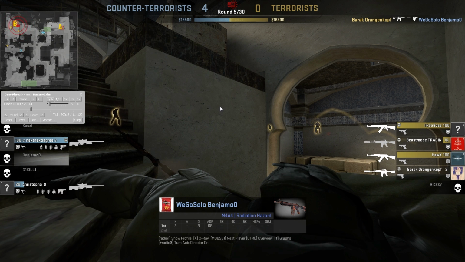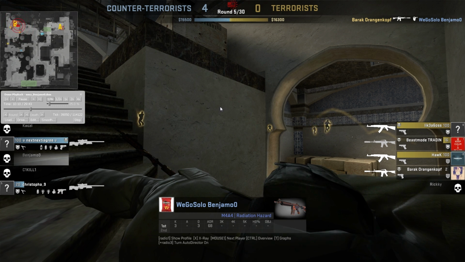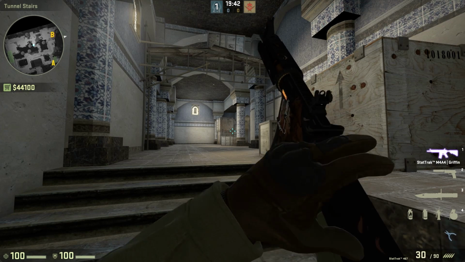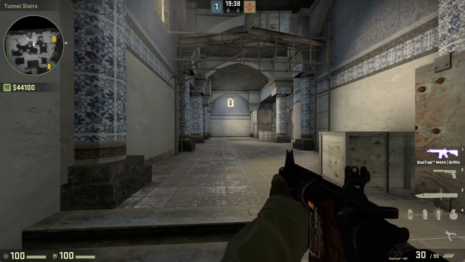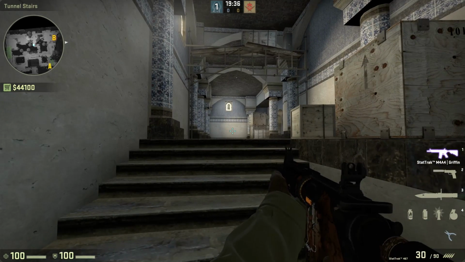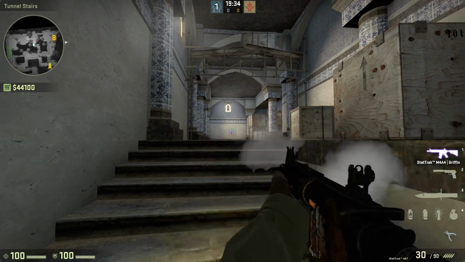He had the guy down to 2 health. All he had to do was tap him one more time, and he made a little bit of a mistake in his shooting. We're going to apply the scientific method, because I like bacon. All right, look at this distance. Look over there. If our man, Benjamin, moves up here, stays still, and works on spray control,